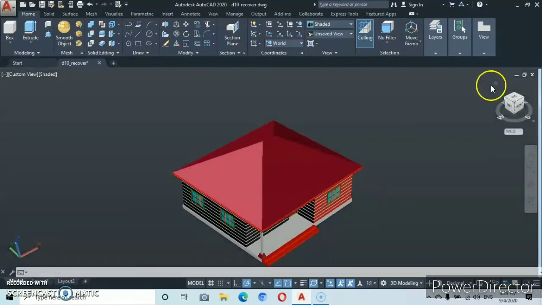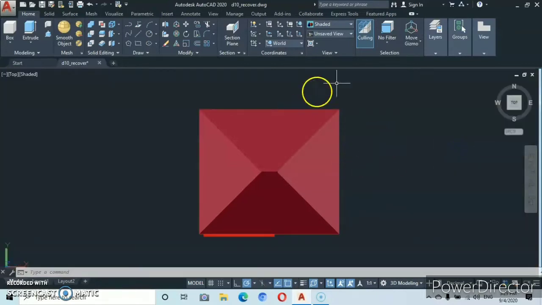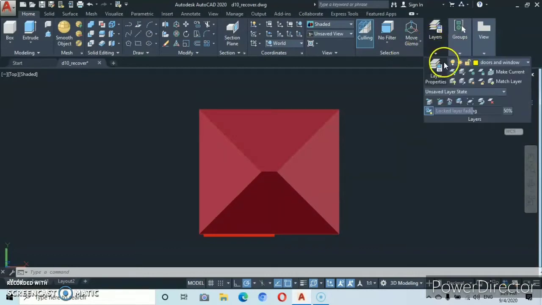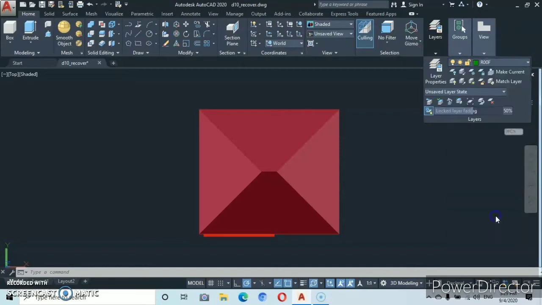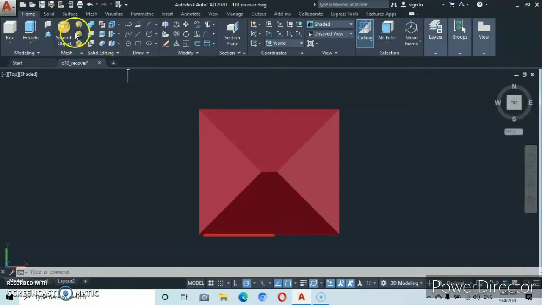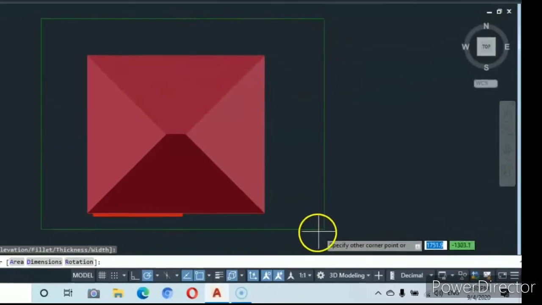I would like us to go to the top view first. Now let's put it on parallel so that you can see clearly. Then let's put this present layer on. I would like us to first of all go to a rectangle. Then we're going to make a rectangle here of